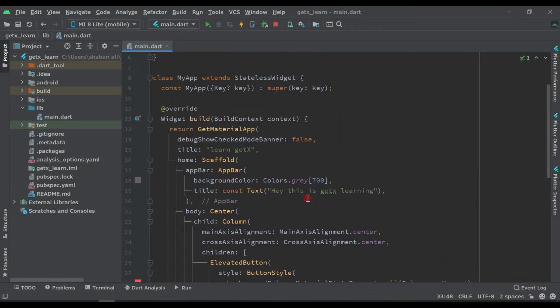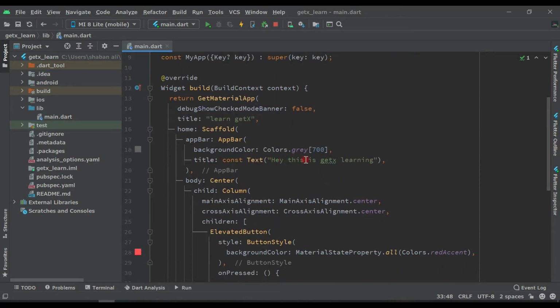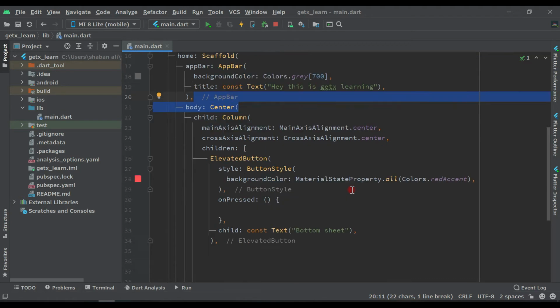So now everything is okay here, learn GetX, no problem, you can leave it.